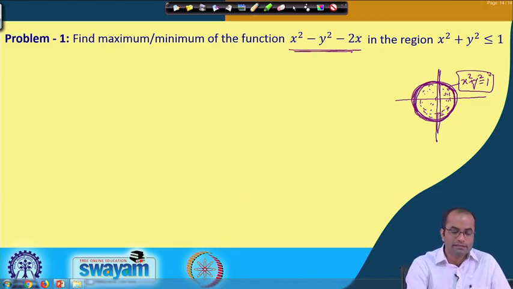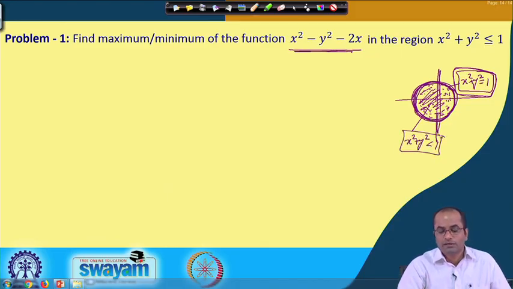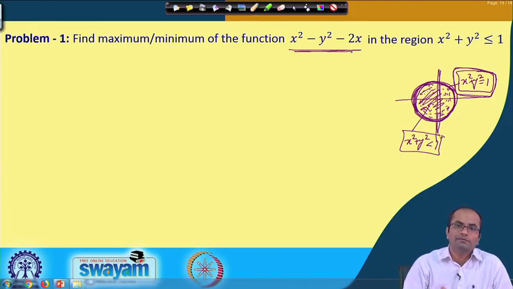We will find the critical points of the function x square minus y square minus 2x inside this domain, and then on the boundary, that means with the restriction x square plus y square equal to 1 exactly, which is the problem we have discussed, using the Lagrange multiplier. When we are talking inside this domain, that means x square plus y square is strictly less than 1, so our domain is open here,